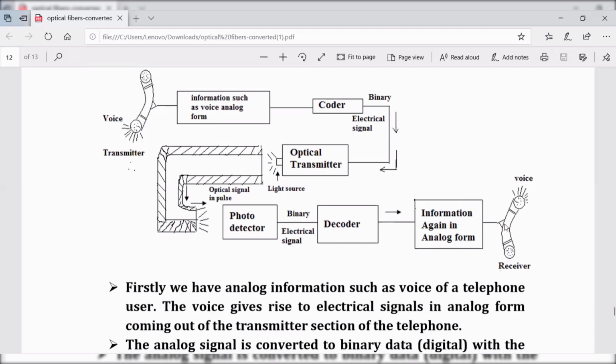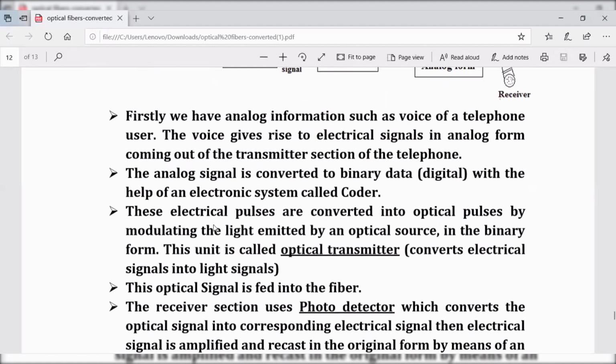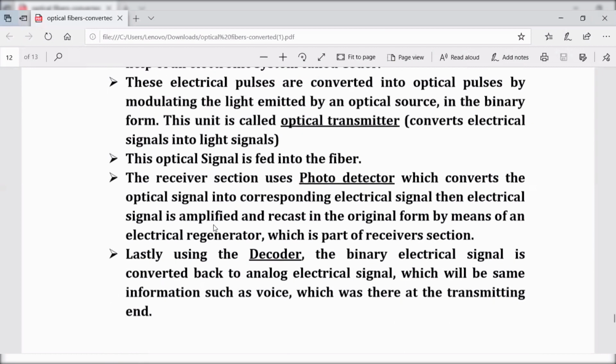So from transmitter to receiver, this much work has to be completed for the information to reach from a transmitter to the receiver. Here the optical fiber plays a vital role. Optical fibers find applications in transmitting the information. So this is the basics of point-to-point communication, how the information can reach.